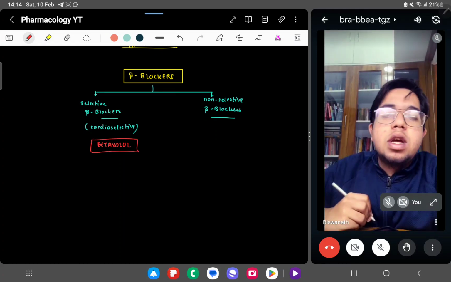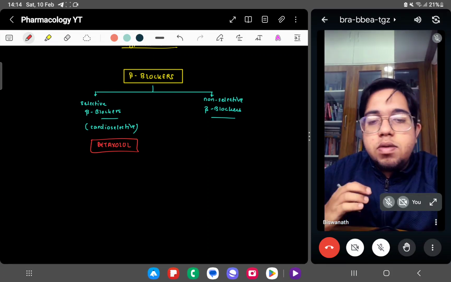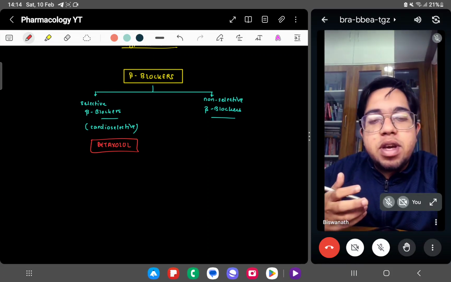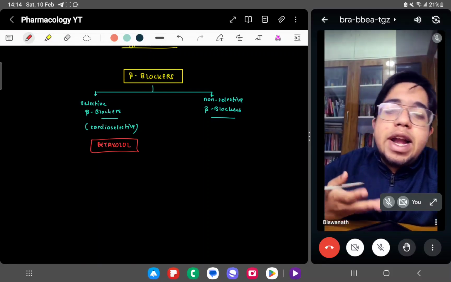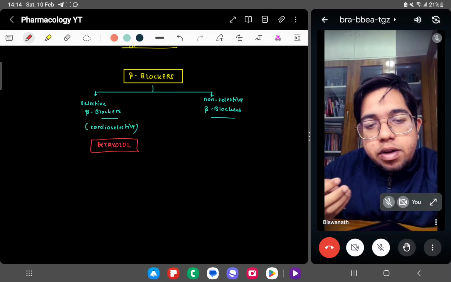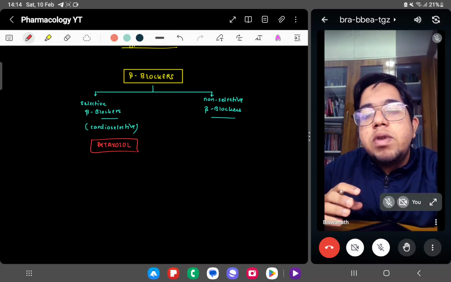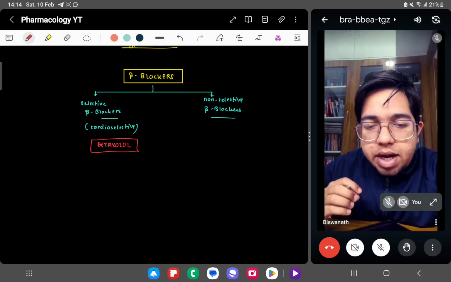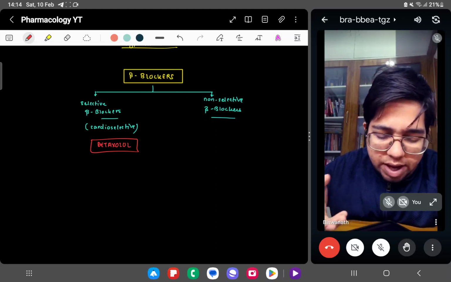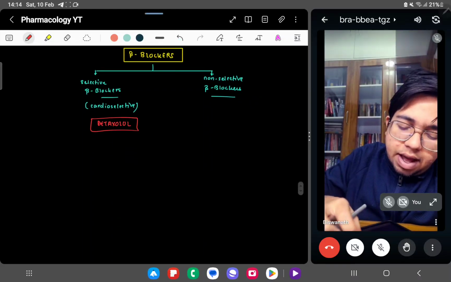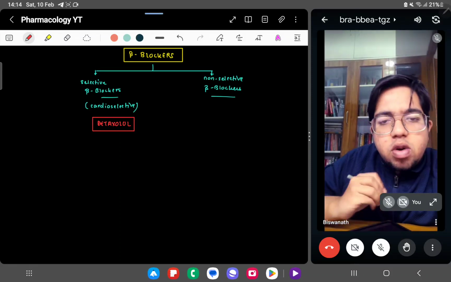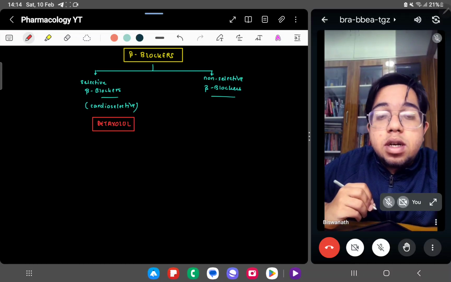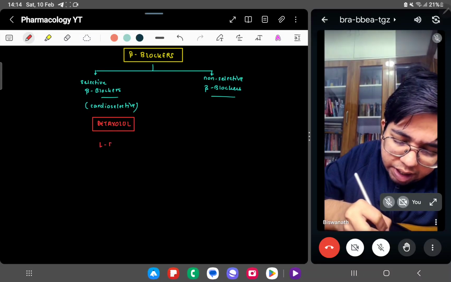Betaxolol. Okay. We have made a levo form as well. We make some levo forms as well, like methyldopa. We made alpha methyldopa, L-dopa, carbidopa. Like that, we tend to make the optical isomers of the drug. So we have betaxolol, as well as something called levobetaxolol. Don't need to go into much detail in this, but yeah, a special point about levobetaxolol,